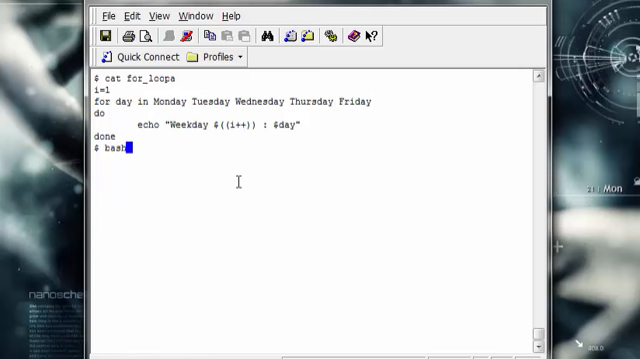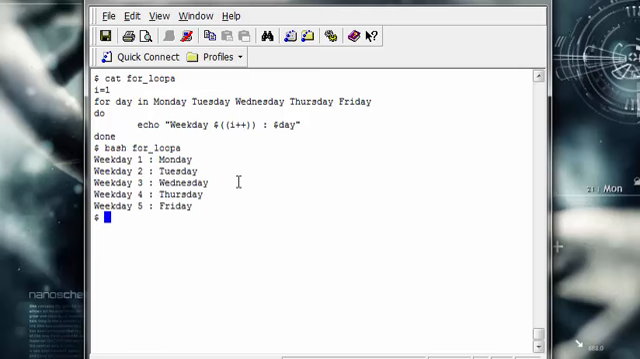And the way this looks when you run it, it's like this: weekday 1, 2, 3, 4, 5, Monday, Tuesday, Wednesday, Thursday, Friday. So it'll continue to run until it reaches the end of the list. I could add as many days as I needed, and it would continue to run. The next one